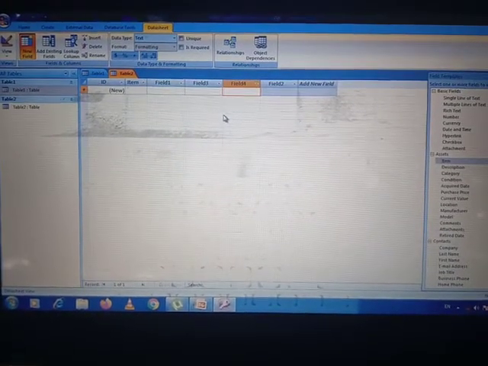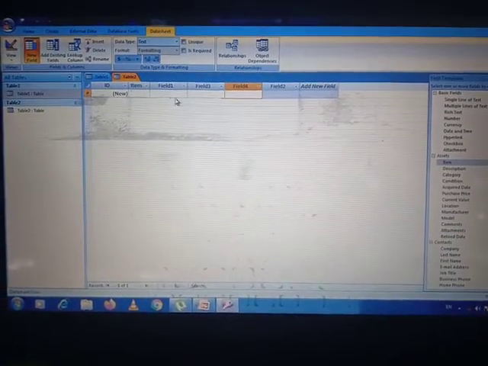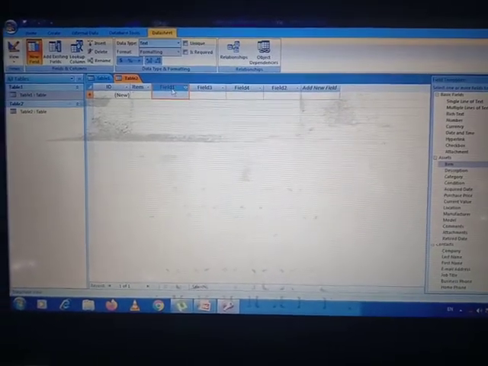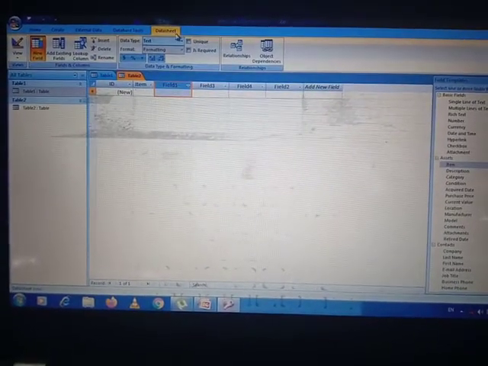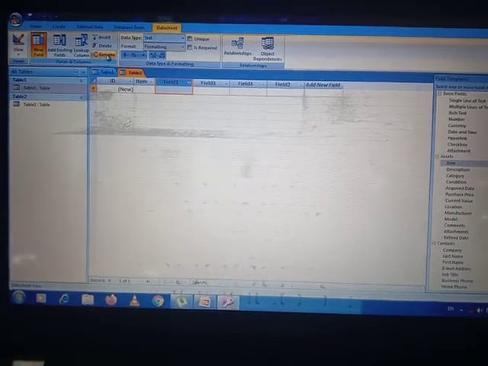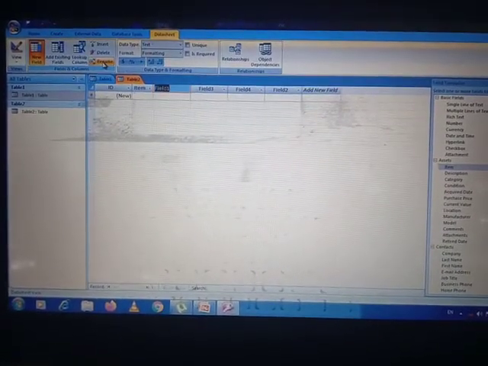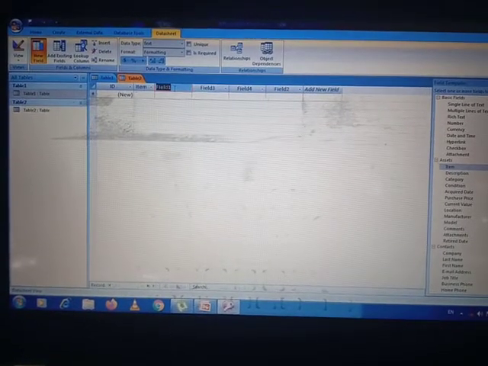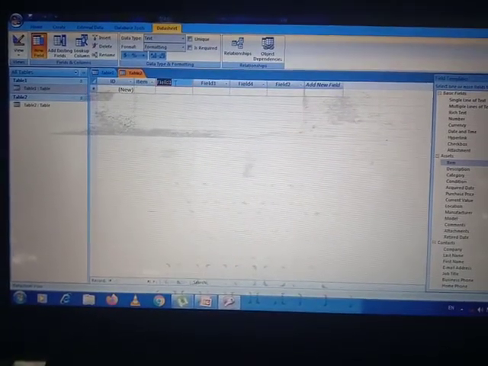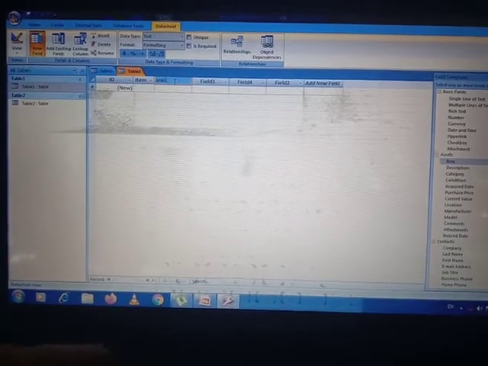If we want to rename a particular field, there is an option in Datasheet view, Rename. By simply clicking on Rename, the field name is highlighted and we can change it.